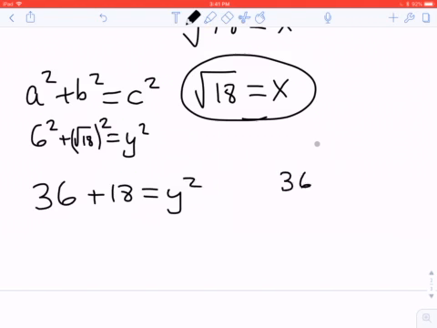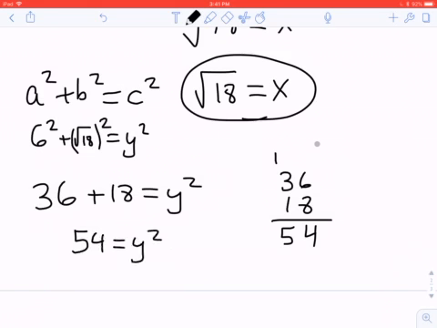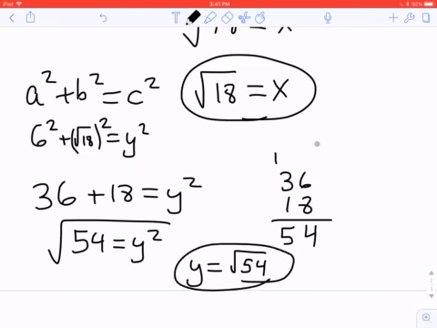So 36 plus 18, it's 54. So we have 54 is equal to y squared. Take the square root. y is equal to the square root of 54. And just like that, you've solved